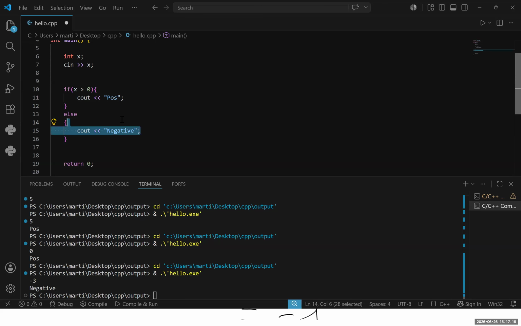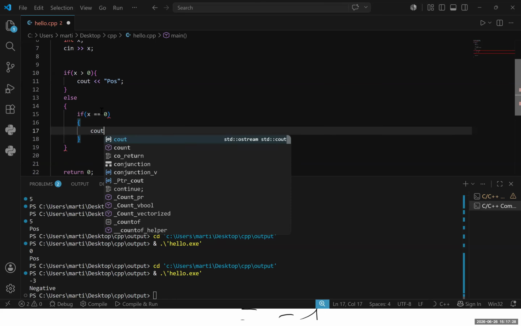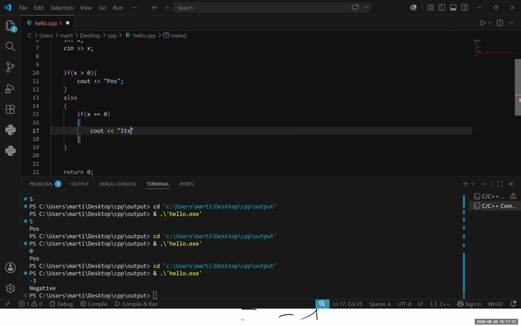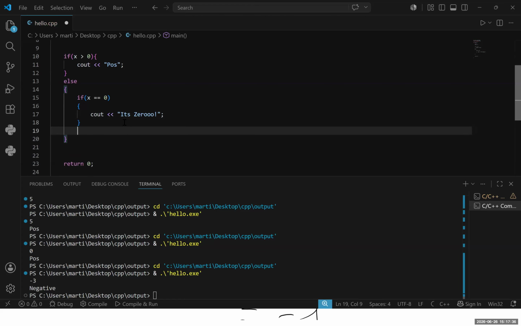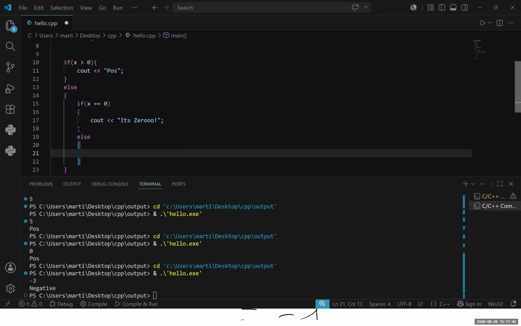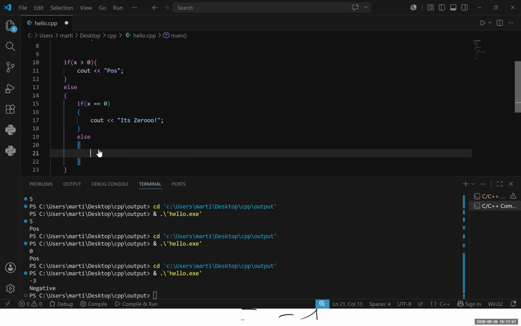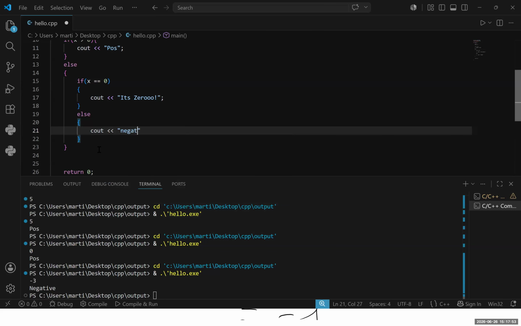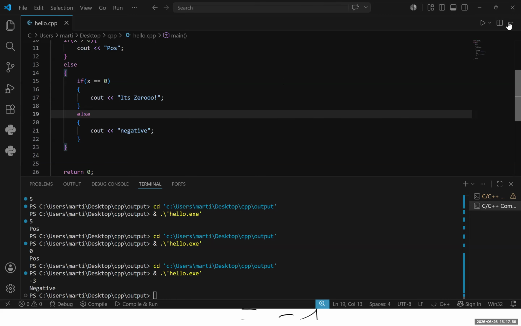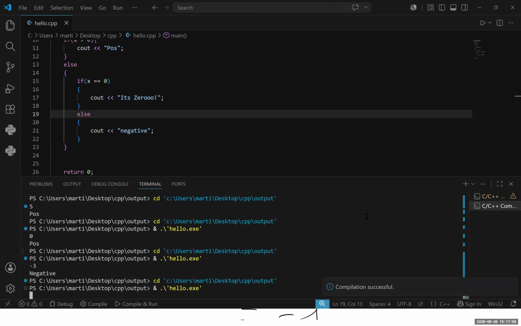So what we could do is, for example, else, and then in else we have another if, is equal to 0, and then we print out it's 0, and then another else. If it's 0, it's 0, else